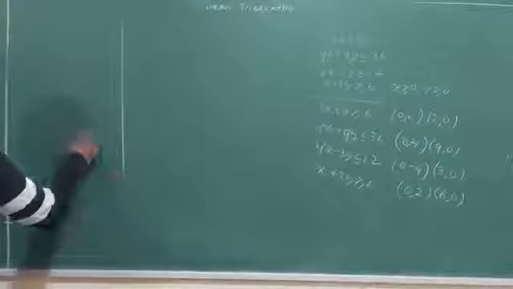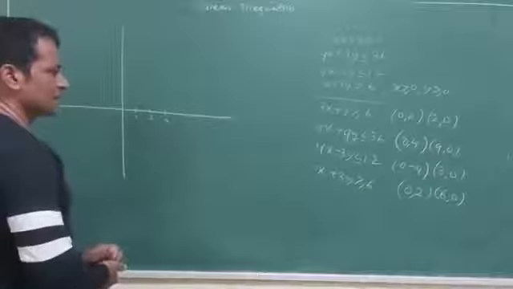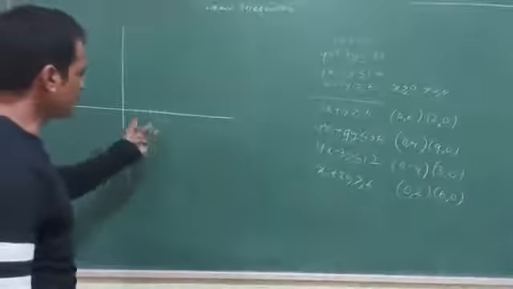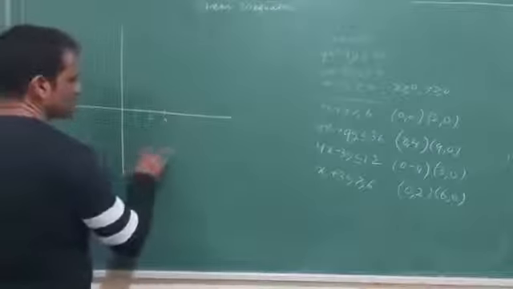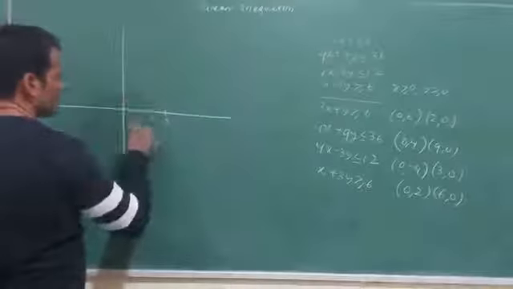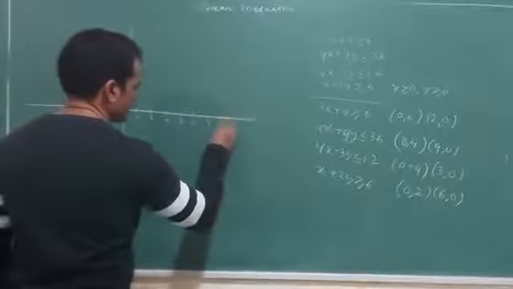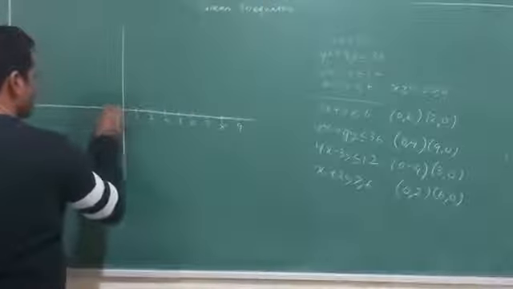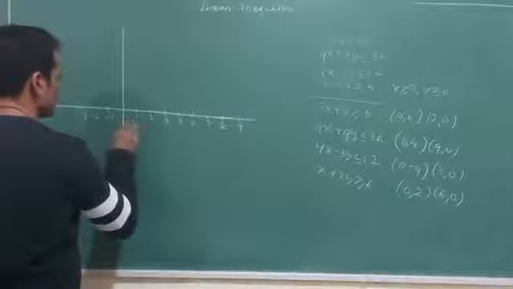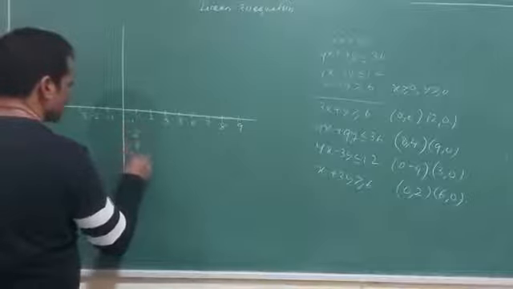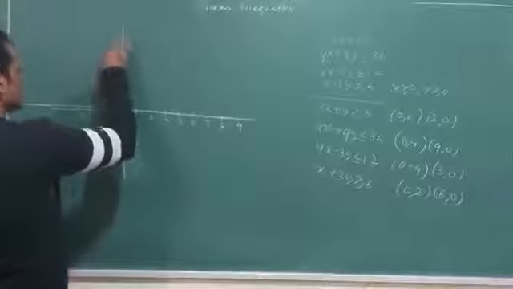I will go to the graph. Suppose the values are like 20, 40, 60, then 1 unit you can convert into 10, so I can manage in the graph. So write down 1 centimeter on the x-axis equals 1 unit, 1 centimeter on the y-axis equals 1 unit. 4, 5, 6, 7, 8, 9. On the x-axis I don't have to go to negative. On the y-axis, minus 1 to minus 5, and 1 to 6.